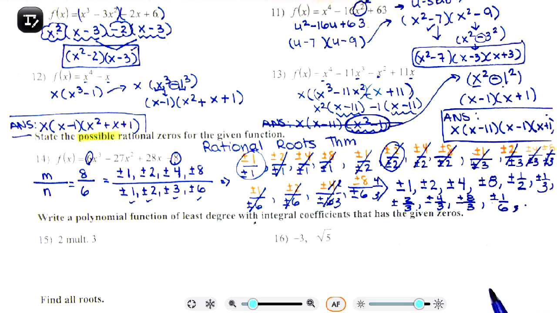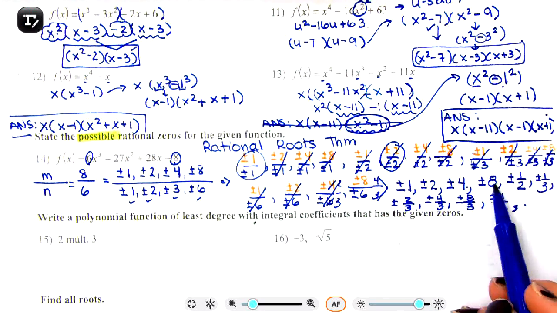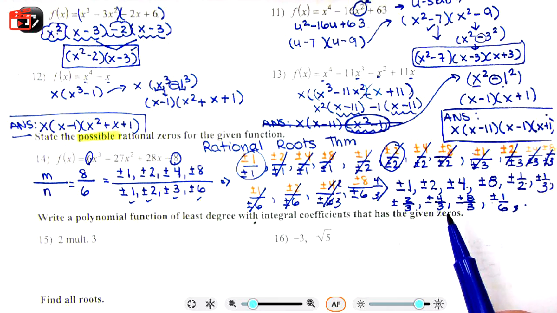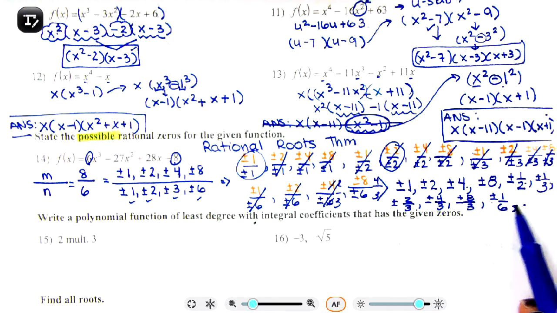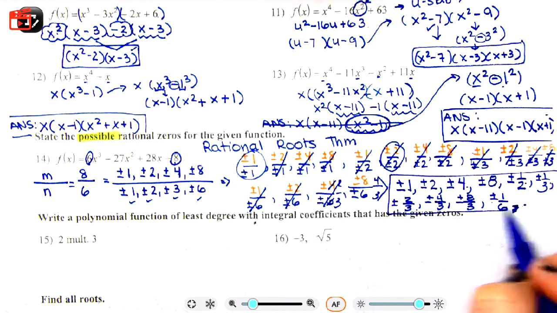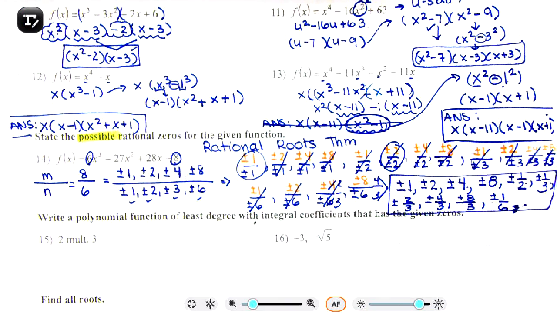Okay, so just be careful. I have 1, 2, 3, 4, 5, 6, 7, 8, 9, 10 plus or minus roots. So here are all of the possible ones. Now again, we like all the possible ones because we don't actually have to figure out which ones are the root, which ones work. Just as long as you list